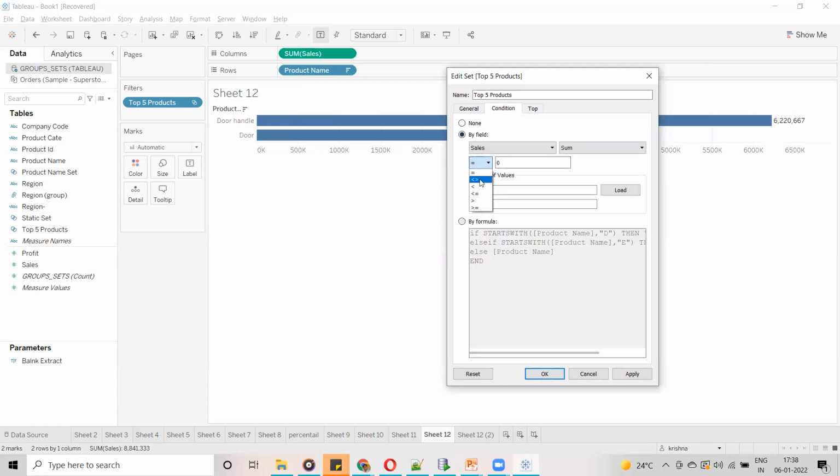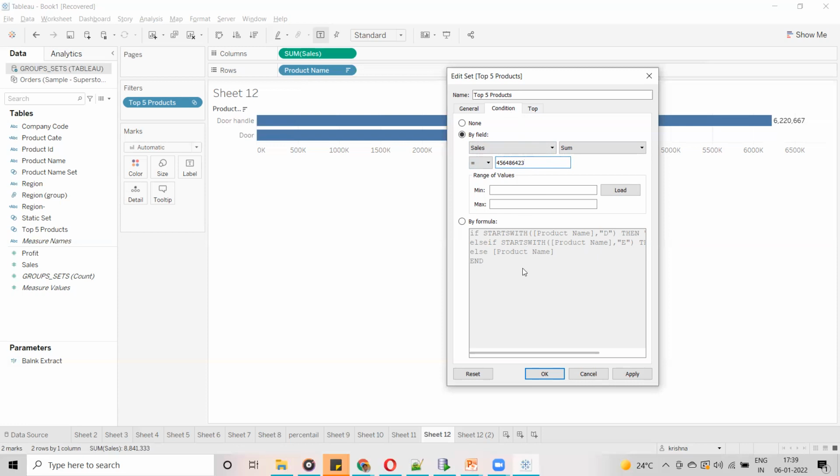Here you can say equal to, not equal to, less than or equal to, greater than or equal to. You can use this one also. Here you are going to enter the value you want. So this is how you can use the condition field. But you have to remember, always you have to use Boolean. Whatever formula you write should give Boolean values, either true or false.